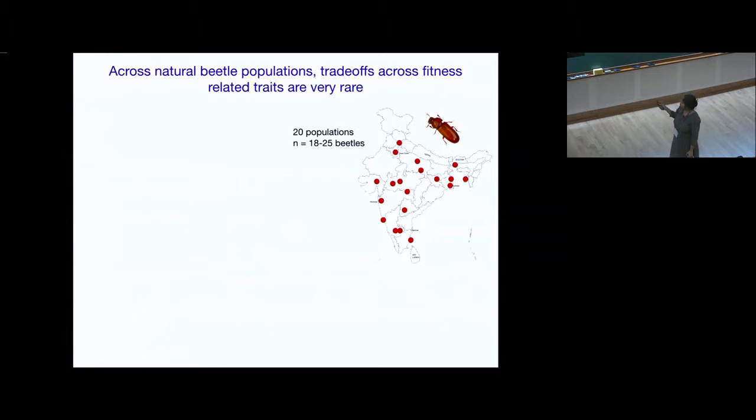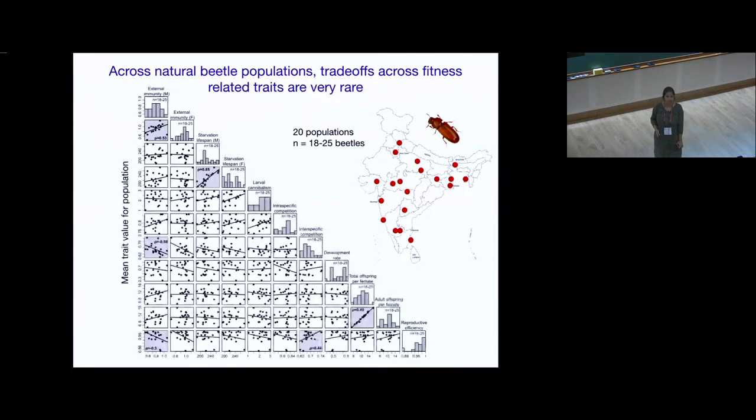We collected about 20 beetle populations from across India. And for about 5 to 10 generations in the lab, we allowed them to stabilize. We built up large stocks. Everybody got to live in wheat flour, which is what most of these populations are well adapted to. Same species, correct, yeah. And then we measured a large number of different traits, which we think are important for survival and have some bearing on fitness, right?